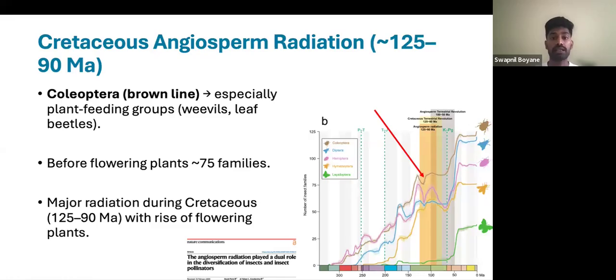When these flowering plants evolved, they also diversified these beetles, and hence we have the large number of beetles in Coleoptera. And one more important thing that I would like to mention, for that I would like to go back to